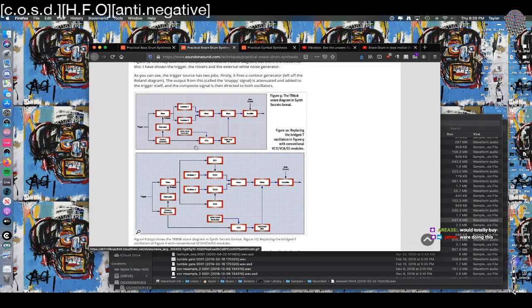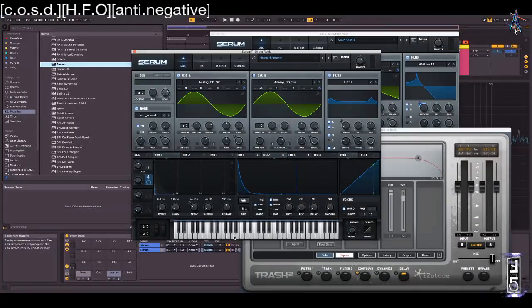But inside of Phase Plant, you can literally recreate this entire routing structure. And with the actual TR-909 cymbal that I made, pretty much it's that. It's a little bit more complex. Yeah, so